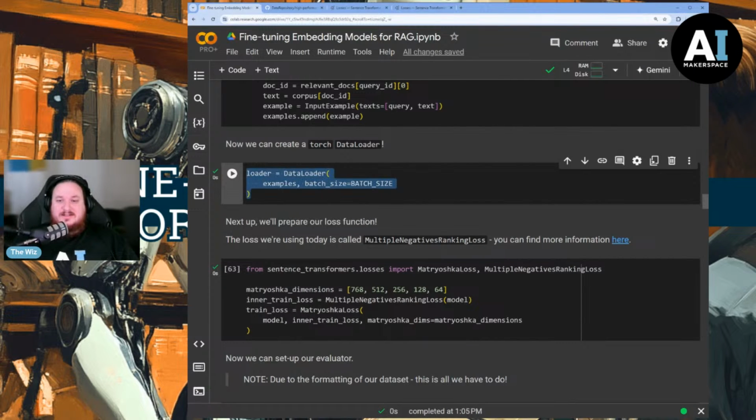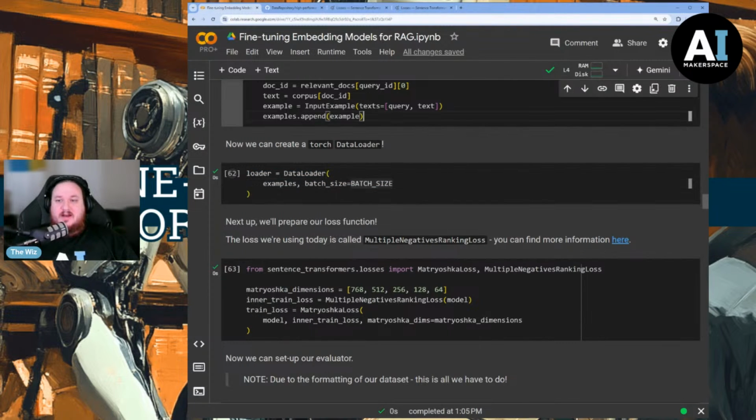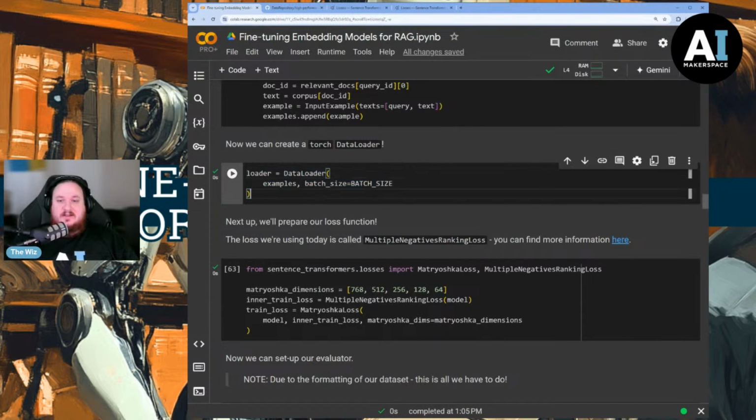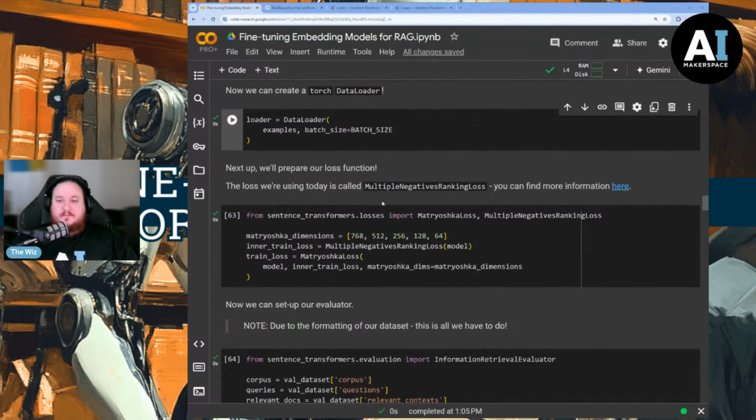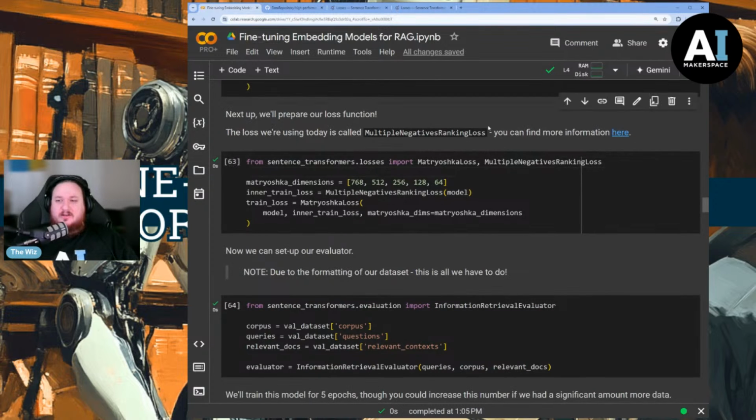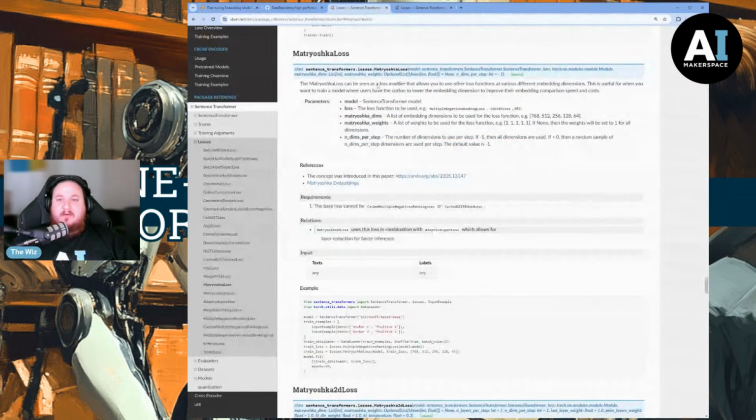We're going to create our data loader. If you're familiar with the Torch flow of training, you're going to be used to this data loader. Basically, this is a thing that lets us pull training examples out of a hat whenever we ask for them. Very useful structure. We're going to use it here. Then we're going to use our loss. Now we're going to use this multiple negative ranking loss as our core loss, but we're also going to be using on top of it this idea of